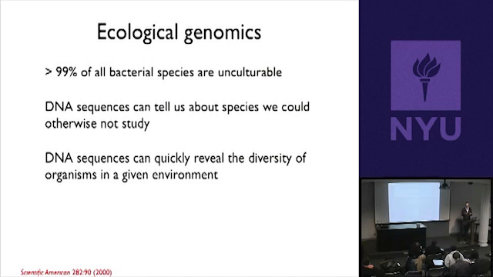But if we're missing 99 out of every 100 species, then maybe we're missing the ones that are actually most important to sustaining those ecosystems. So how do we study them? We can't bring those into the lab and do anything with them. We don't even know at the beginning that those species exist, because the way you first discover they exist is you get a handful of seawater or a handful of soil, you put it in liquid and mix it up, and you plate it out on a petri dish, right? But if nothing grows there, then you didn't know that there was something living in your sample in the beginning.